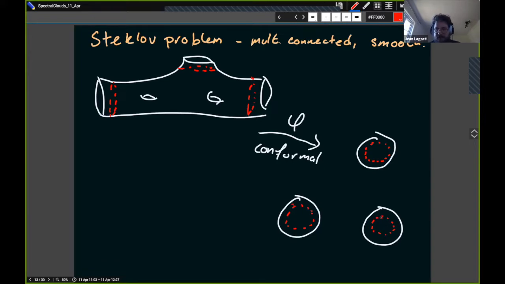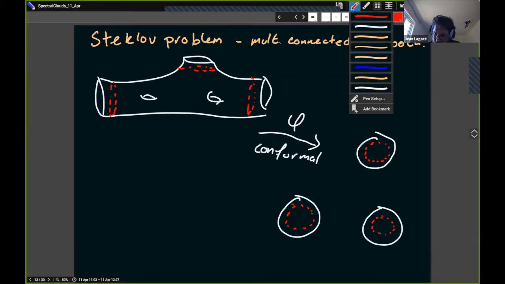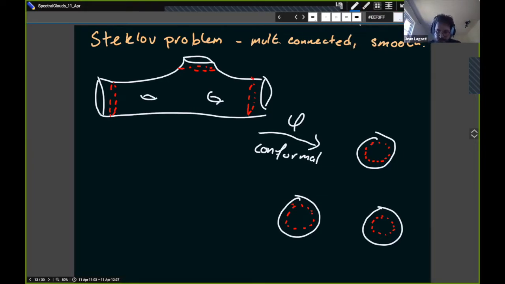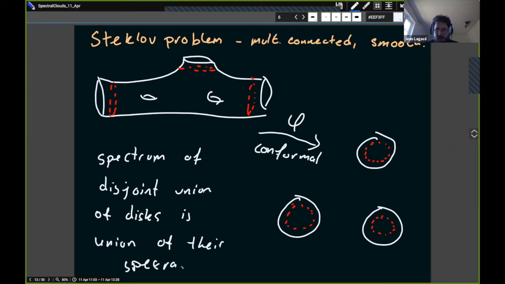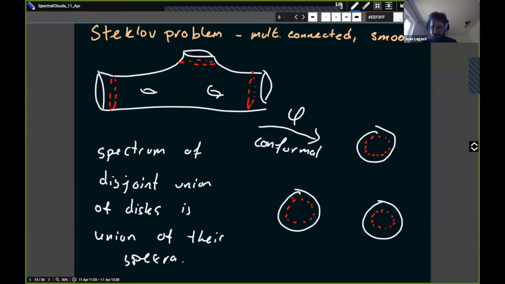And for these 3 disks, we know what the Weyl law is. We just computed it, and so the spectrum of a disjoint union of disks is the union of their spectra. All right, so the idea here is that we can use the computation that we have made in the simply connected case in order to get the asymptotics for all of those,